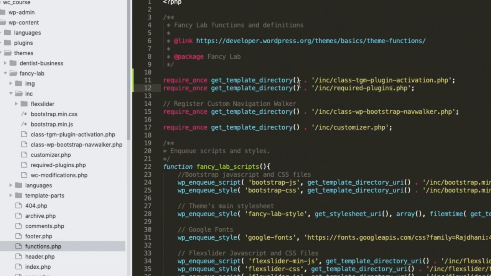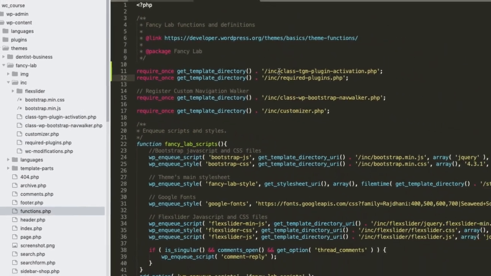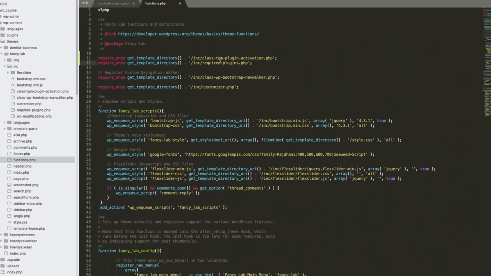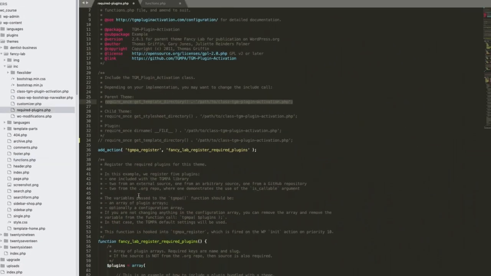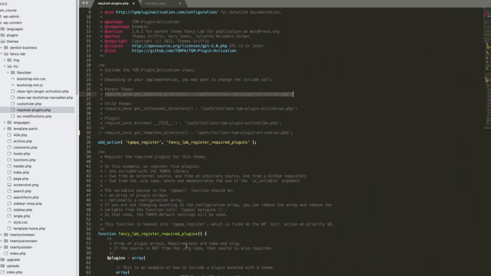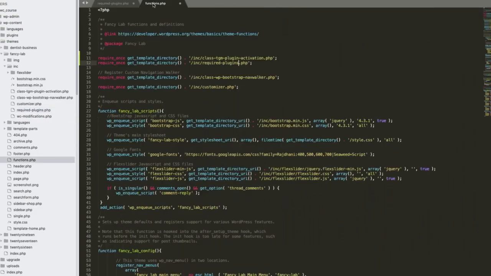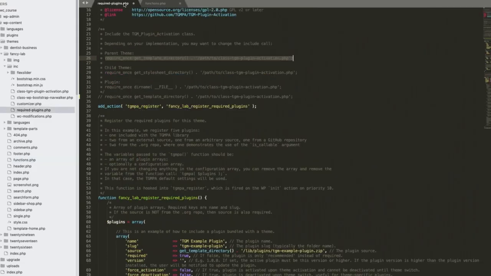So we need to require these two files here. If you want, you can also copy this function here to our functions file, but I prefer to require the entire file. I think it's easier. It's less confusing too. As a result, our functions.php file, when loaded by WordPress, will automatically call the main TGM